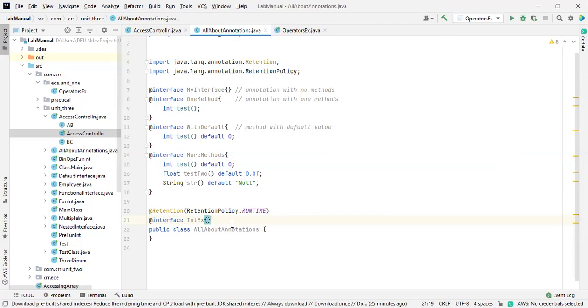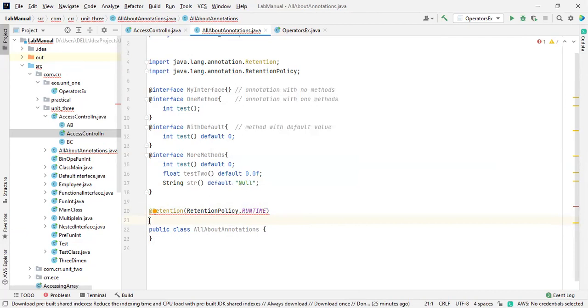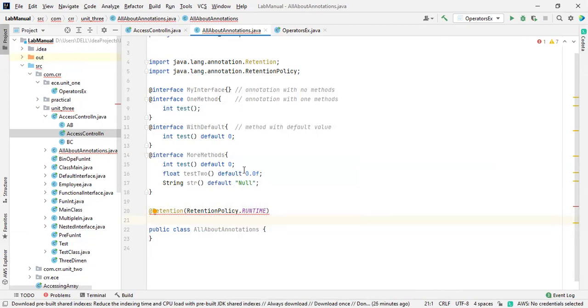See this one. Before the class, when we declared this, when I remove this one, it is showing error. Why is it showing error? Annotation retention policy. Again, I am telling you, annotation retention policy. We are not discussing the program, we are instructing how long the annotation is going to stay.